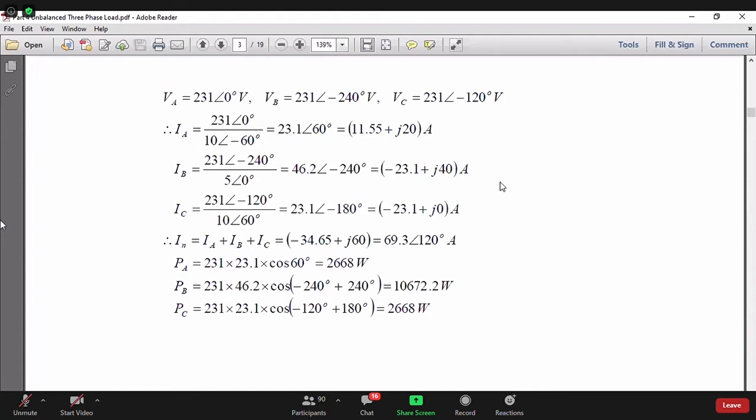Now you simply interchange 2 terminals. That means B phase of the motor is connected to the C phase of the line. C phase of the motor is connected to the B phase of the line. Just interchange the lines, your phase sequence is reversed. Then the motor is running on ACB phase sequence, because it all depends on which source is connected to which terminal. So this is how in practice we do it.